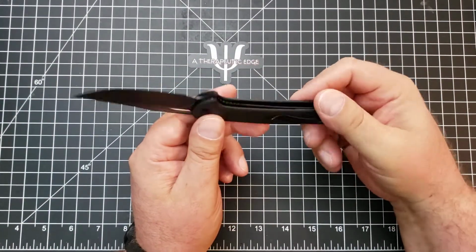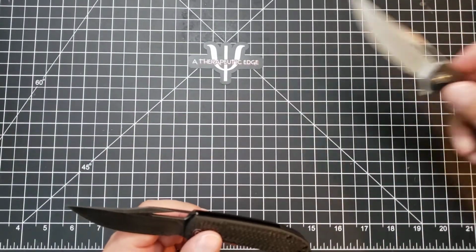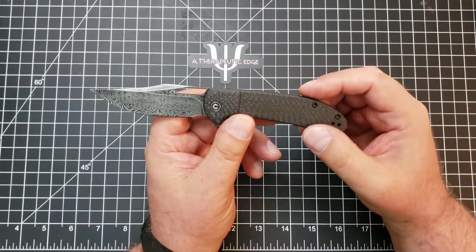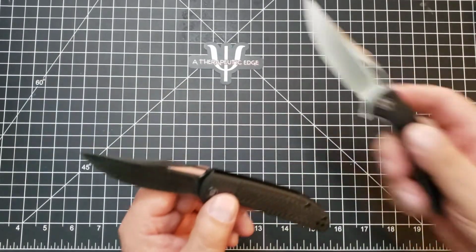And I have to tell you that this is, like I said, a $100 version. If you get one that's more like the Dogma here, it's about $47. If you get the standard one for $47, you get their G10, which is also very nice. But